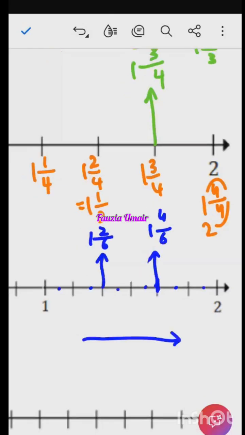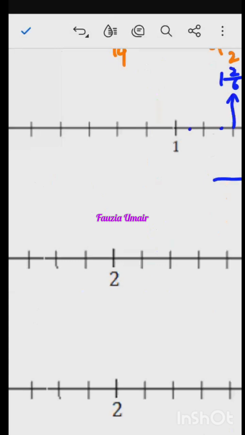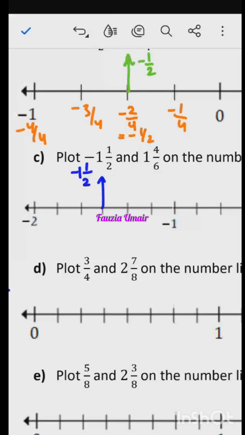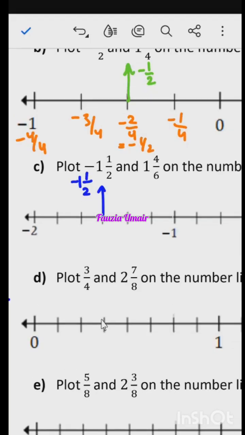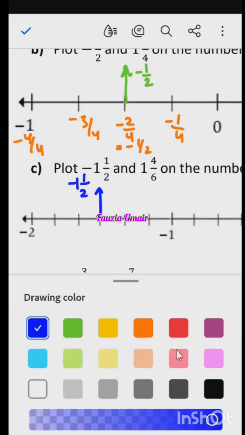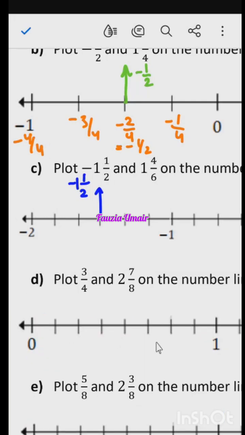All right. So moving on to the next part. Next part is plot 3 by 4 and 2 whole 7 by 8. 3 by 4. So I know that 3 by 4 is between 0 and 1. So where will 3 by 4 be plotted? There are 8 smaller parts. Third part. So third part will be 3 by 4. There are not 4 parts actually. There are 8 parts between 0 and 1. So what does that mean? If there are 8 parts,